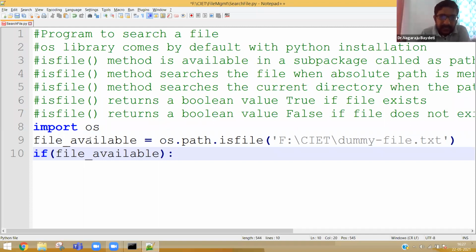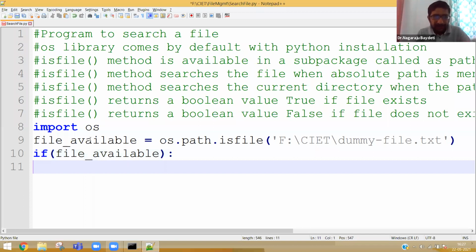It's basically the return value of the method isFile. In lines 6 and 7, I have written in a comment that isFile will return true if the file is available, and false if the file is not available.